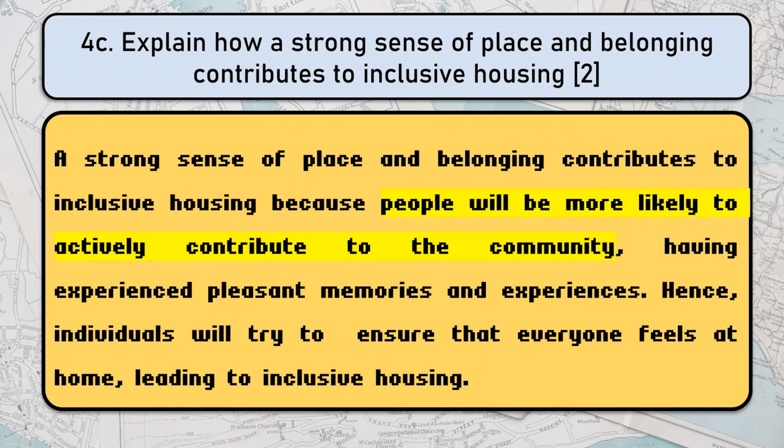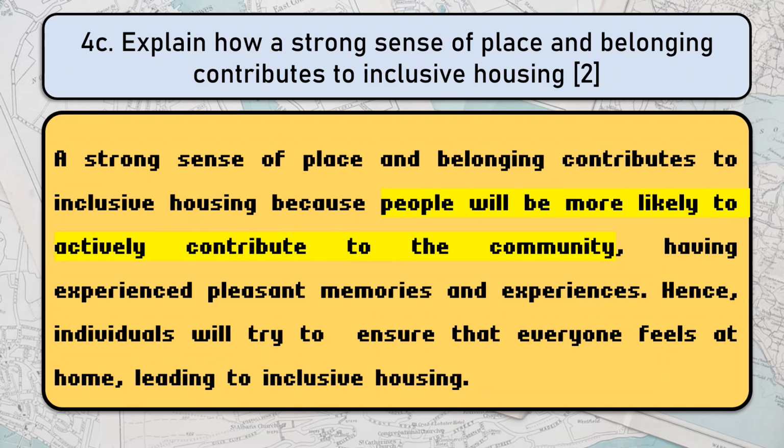So explain how a strong sense of place and belonging contributes to inclusive housing. We know that one of the characteristics of inclusive housing is that there is a strong sense of place and belonging. So now we have to ask ourselves, how does this actually contribute to inclusive housing? When we have a strong sense of belonging, it means that we value the place. It means that we identify this place as being a homely location,